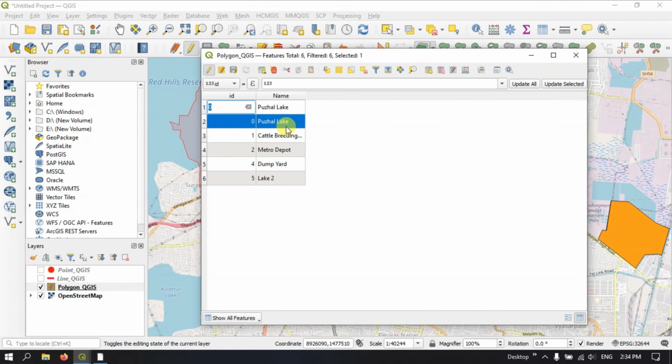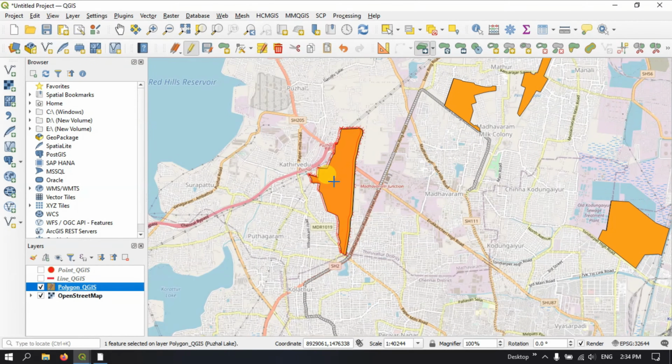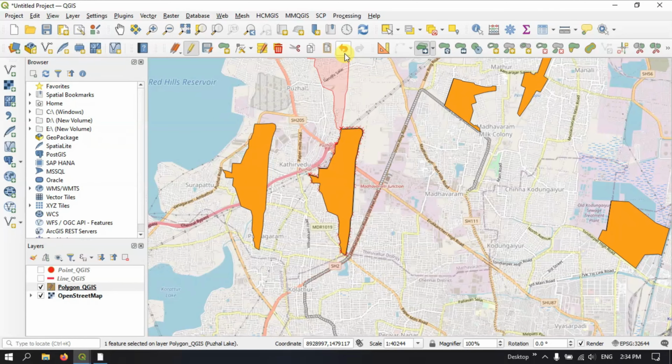You can see two features have been pasted on top of one another. Two feature entries have come up. So likewise you can just copy a feature and duplicate it, or if you want to move it somewhere else you can move it. So let me undo it. You can do it and you can save it if you wish,